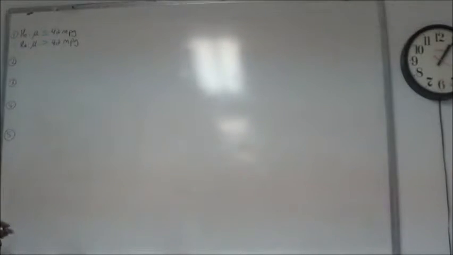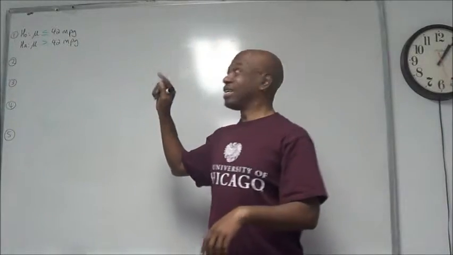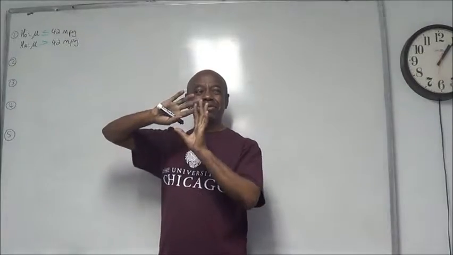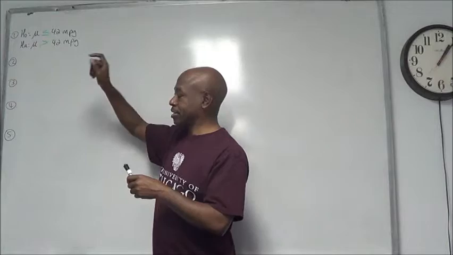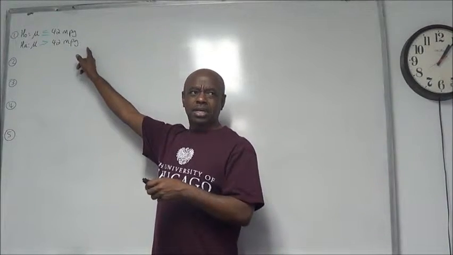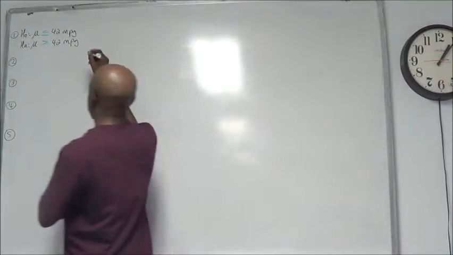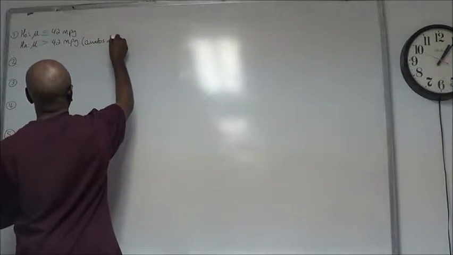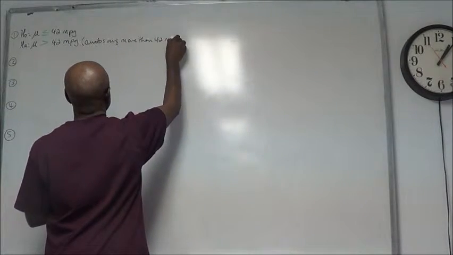H0 and HA is done finally, so what are we gonna say for the caption? Whenever we do directional tests, it doesn't really matter which one you put it on, but the convention usually is when you do the directional test, to put it on HA, because that's usually the thing you're testing. So we'll say, autos average more than 42 mpg.